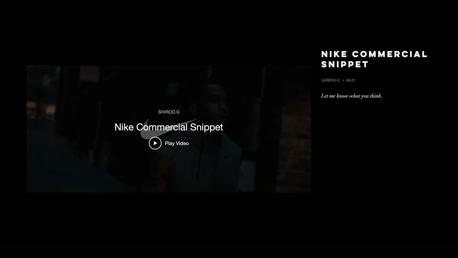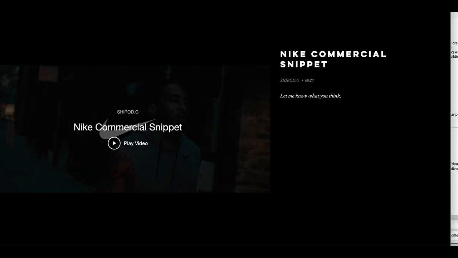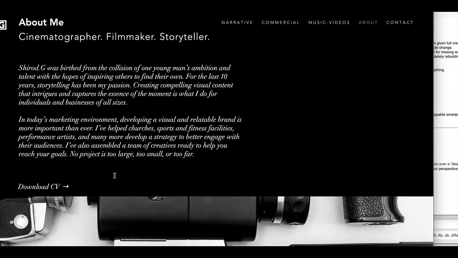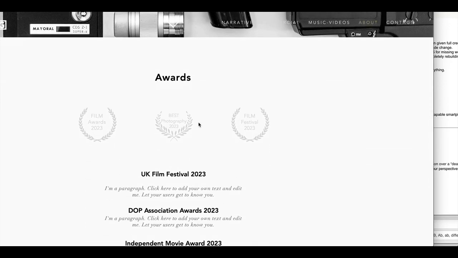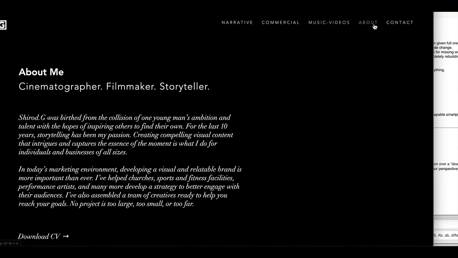As a student, you can get away with using the Nike logo, but you can't once you graduate. All right, so I do like a lot of what you have here that you've written. Pollution is okay, and ambition. Not sure about birthed. And all of this all has to go. All right. We've got templates here. So templates